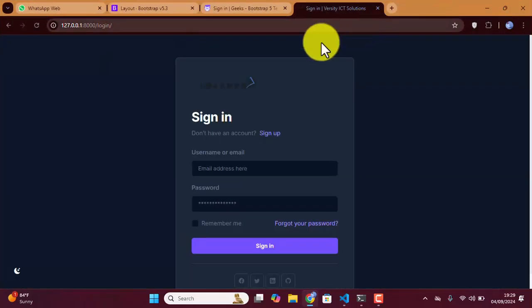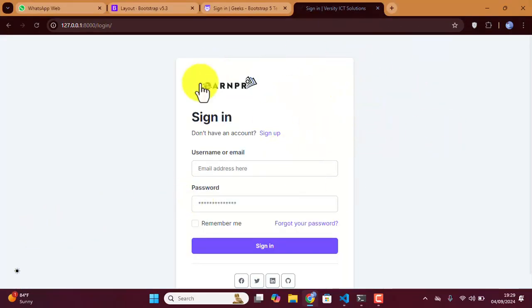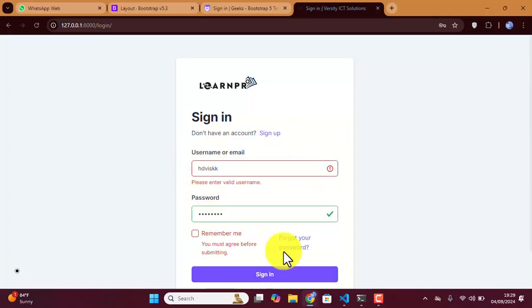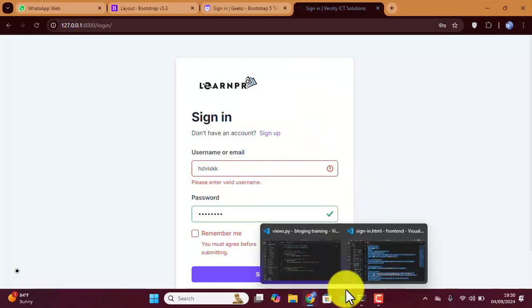Let me make it full screen and light mode so that you can see it. So this is basically what we have on the login, but this form is not functional. You can see that if I put in some stuff and send, it is not functional. And this is because we only have a static HTML file here, which doesn't return anything. All right, now let's implement dynamic content